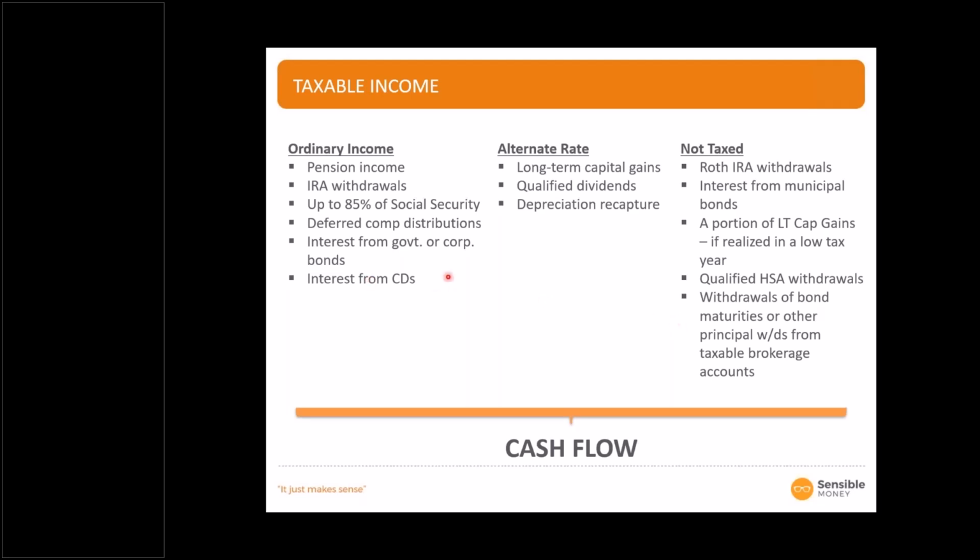And so there are ways to structure your retirement income to be as tax advantaged as possible for you. And that's by understanding and deciding which investments should go in which accounts, and by deciding when you should take money from one type of an account versus another. Regardless of how it's taxed, it's all cash flow. So all of these different things form cash flow that's available to you.